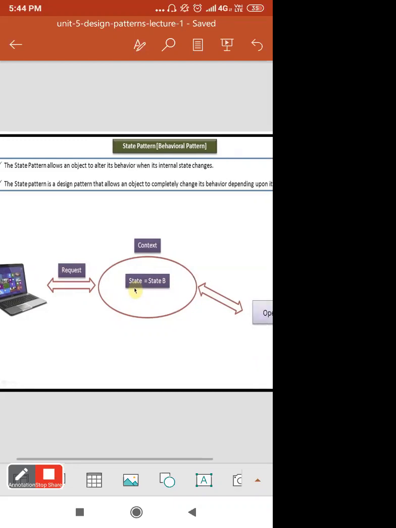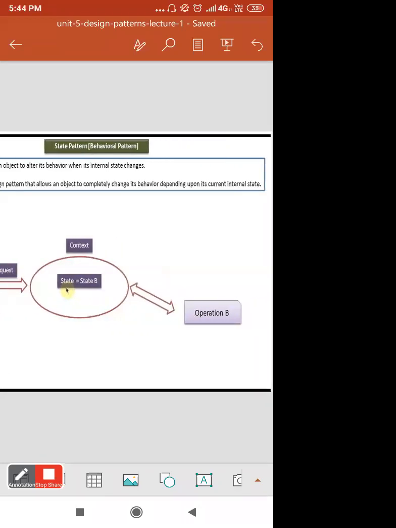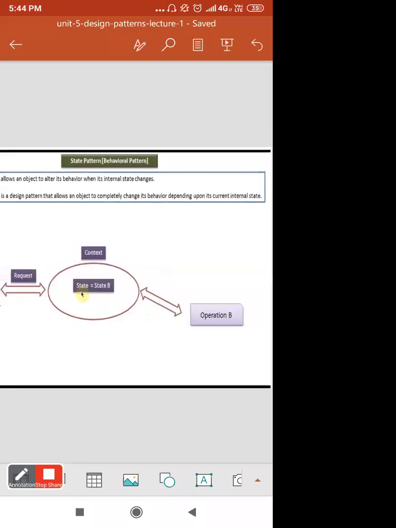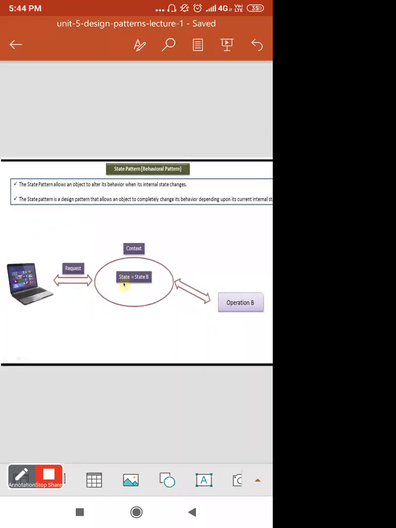The state pattern is a design pattern that allows an object to completely change its behavior depending upon its current internal state. So state, as the name says, you have to remember this particular pattern. The state will change as the behavior changes.